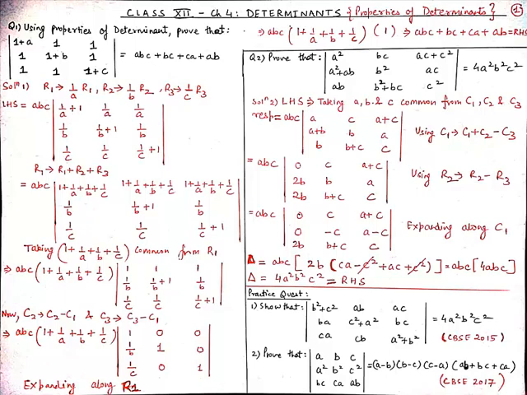And now student, from here when we expand it along column C1, we get abc, and in the bracket we will take directly the A31 element, which is 2b. So we will hide row R3 and column C1 completely and find the determinant of the remaining elements, which are c into a minus c. So from here we get ca minus c square, and then minus of, so minus into minus will become plus, so plus ac and then plus c square. So minus c square and plus c square will get cancelled out, and we get abc into 4abc, and this is equal to 4a square b square c square, and this is equal to RHS.